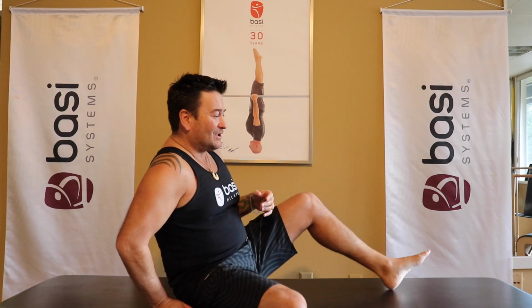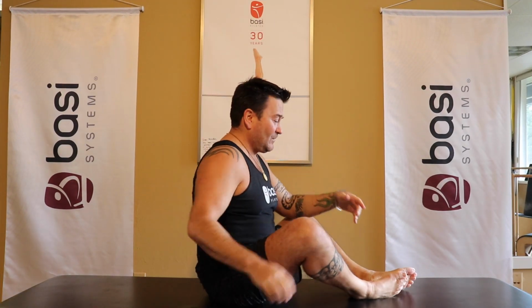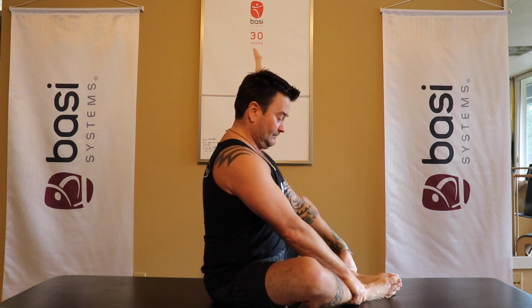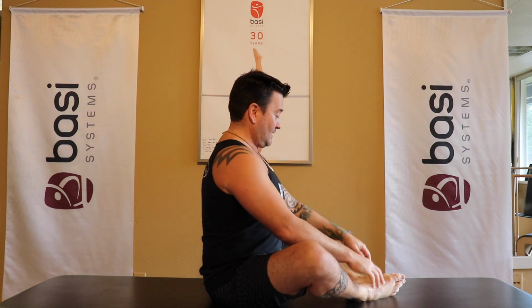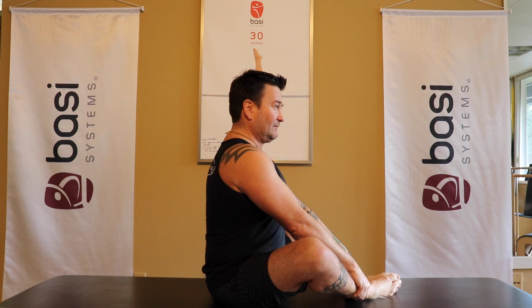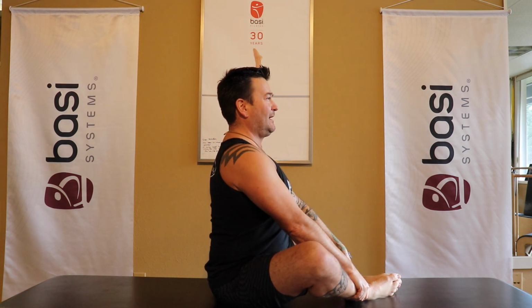Okay, here we go. Start yourself in a nice seated position, wherever you're comfortable. You can do this on the beach, you can do it in the airport, you can do it at home, you can do it at your gym, doesn't matter where. Grab a hold of your ankles, pull your heels gently into your sits bones and let your knees just reach out towards the side. And what I'm doing is I'm actively grabbing my ankles and allowing that back to find a nice long postural line. I'm going to take a breath in